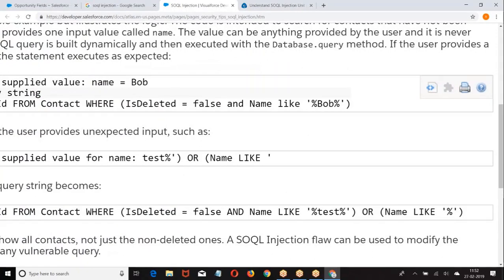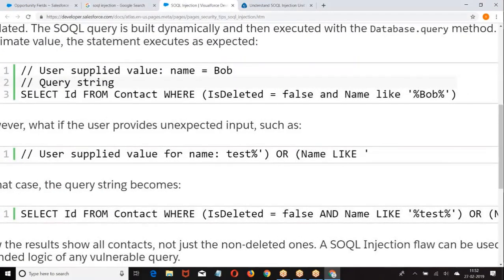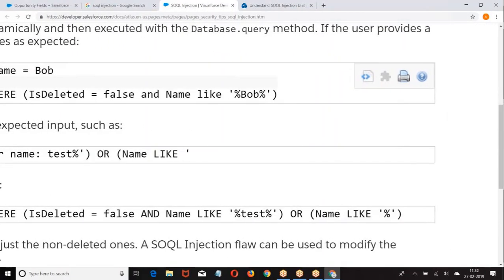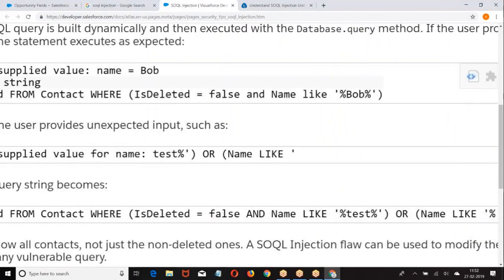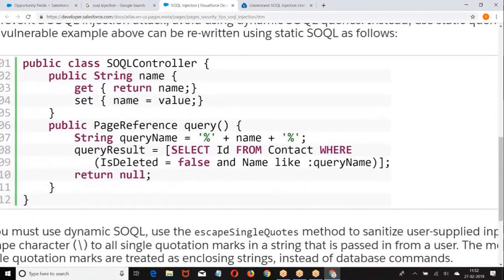So every time I change the word, I cannot use this. So wherever there is a possibility, look at the point. Name equal to, so I am giving where name like percentage. Instead of giving these formats, make a dynamic SQL query which can give you the result faster and quicker.